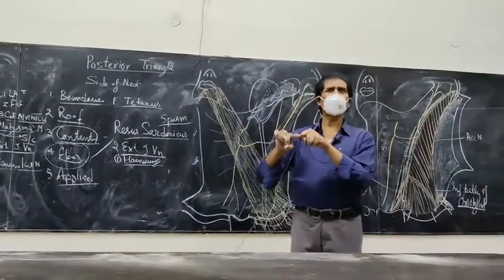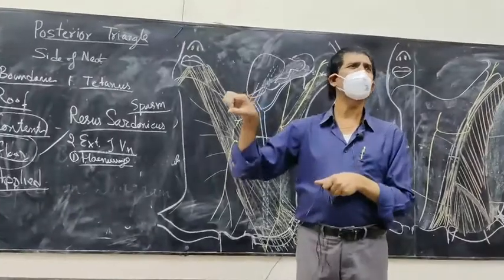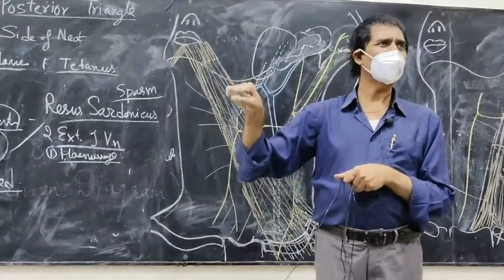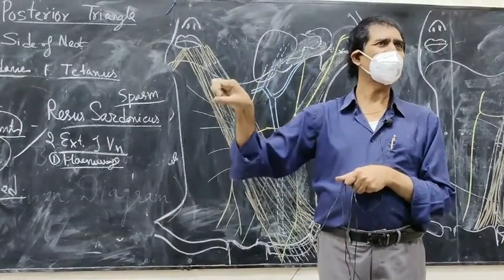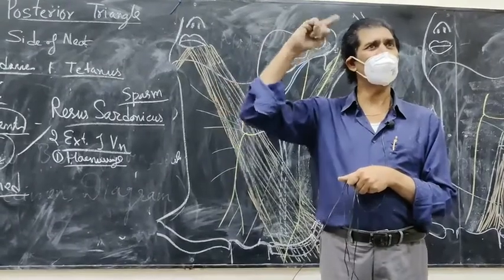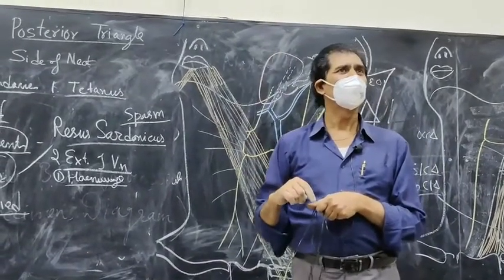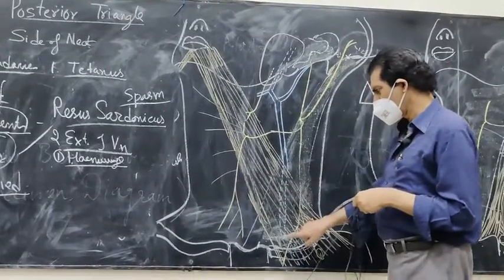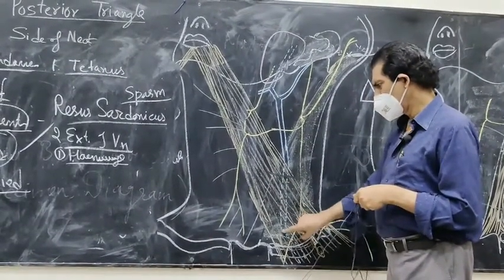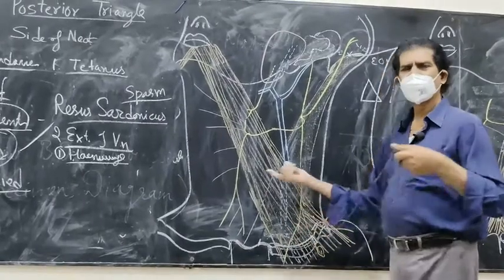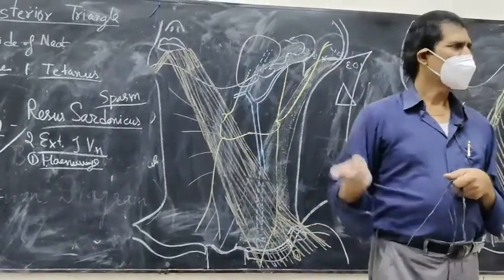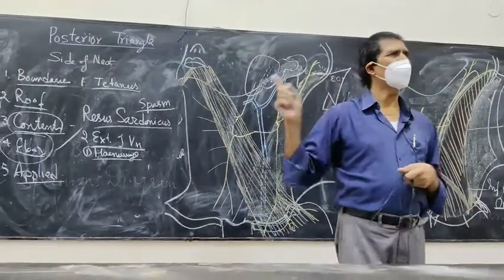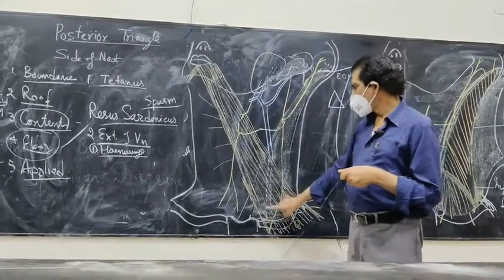Why? Because this tunica externa is adherent to the deep fascia. So the vein doesn't collapse. After cutting, it remains open, same as we have seen in the second layer of the scalp. It remains open after cutting because here it is adherent, and blood will come out. Patient will die in this. So hemorrhage is very profuse because of the adherence.